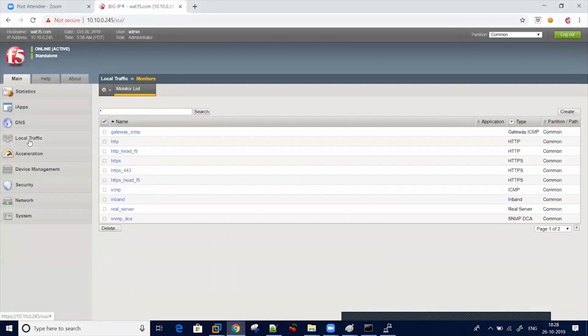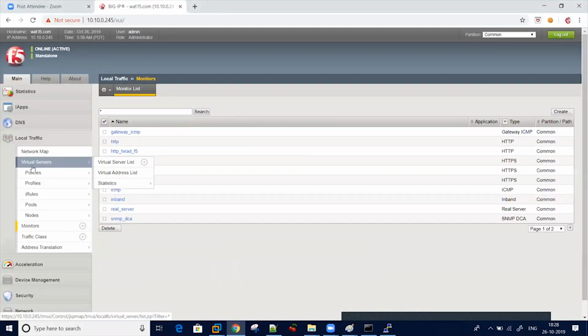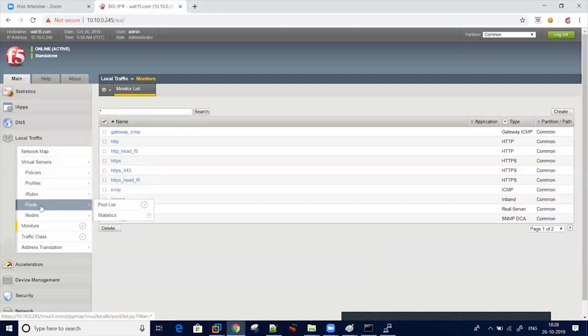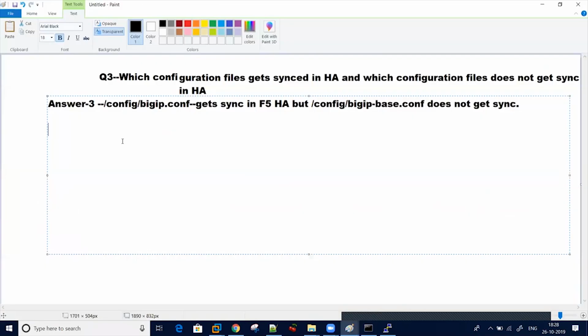All these settings, local traffic, virtual servers, policies, profiles, iRules, pools, all this configuration gets synced. But bigip_base.conf does not get synced, so for that you need to configure manually.